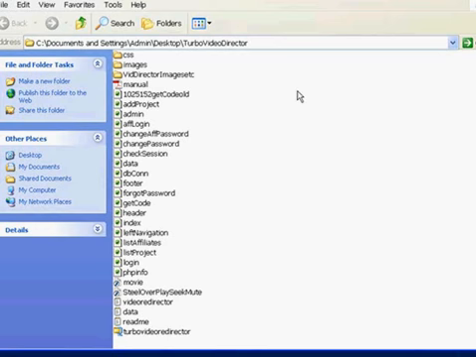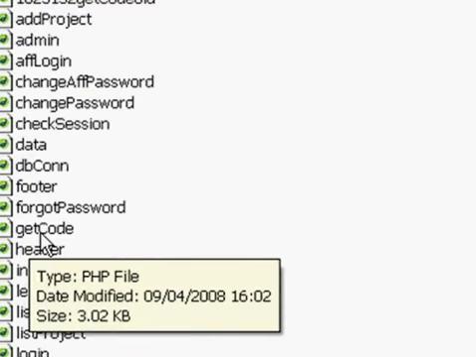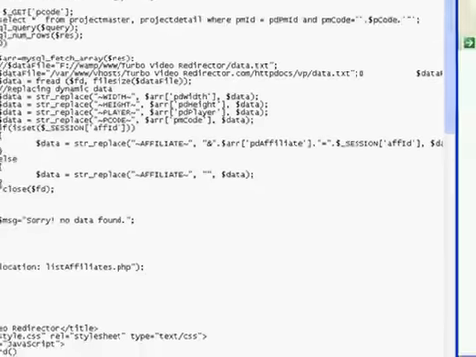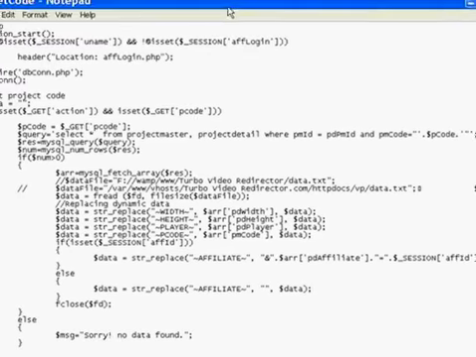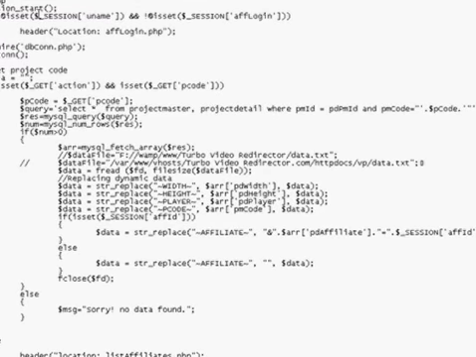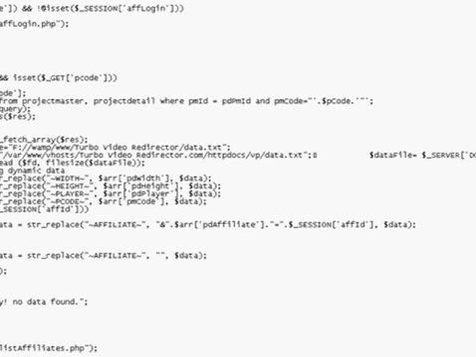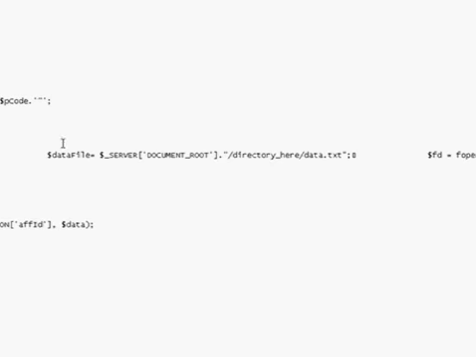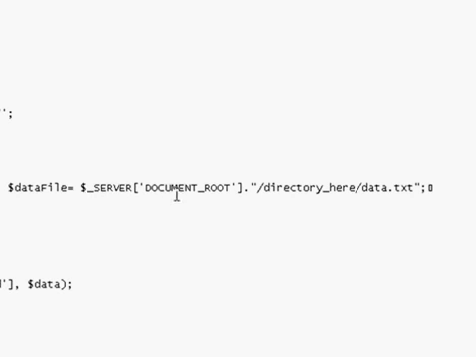The one final piece of editing we need to do before we begin uploading to our folder is to change this PHP file here called getCode. All we do is we right click, open with Notepad, and then we bring it down. And the part of the file we're looking for is here where you see data file, this is the connection here. If you scroll across in Notepad, you'll see this section here, which is the data file equals server, and then